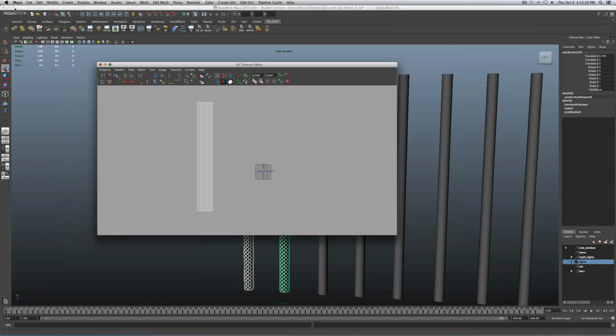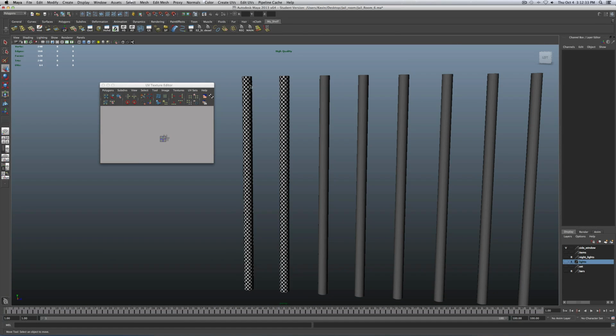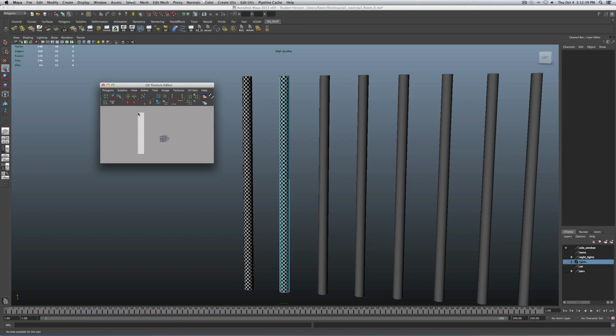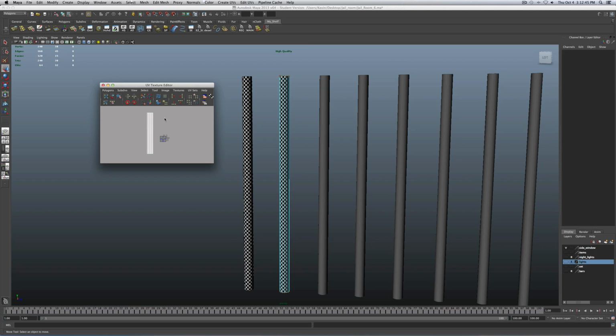Let's go back to our UV texture editor, and we see that, oh, wait a minute, there's only one set of UVs here. Where's the other one? Well, this is where you have to deselect the first one, and select the second one you unwrapped. Select the UVs to shell, and then we're just going to move it to the side,